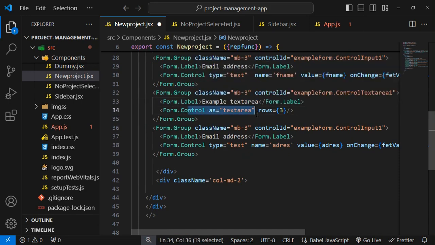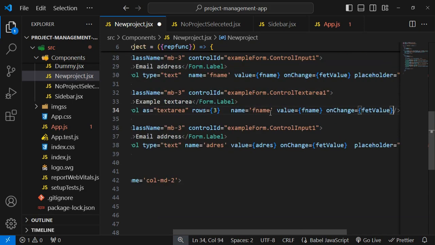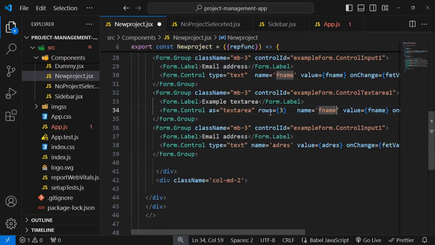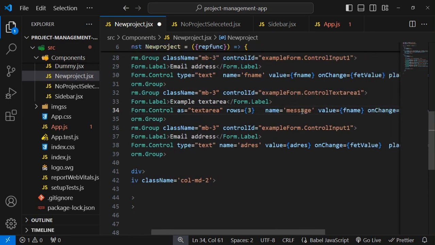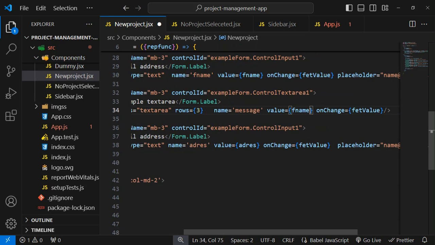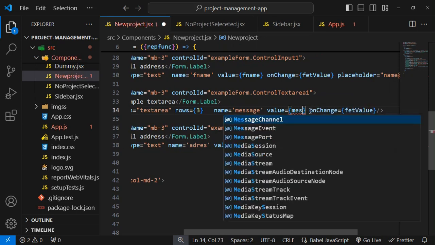This is basically our input type of text area. So here I have to paste that code and change the value and name as well. So I'm just going to type here message, and inside this value I have to write the same name, same value as well,